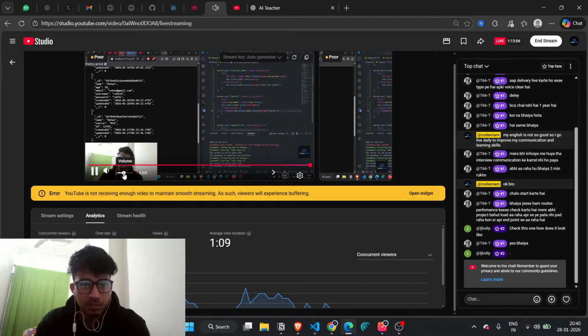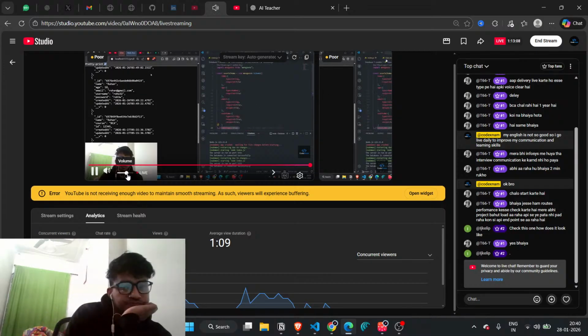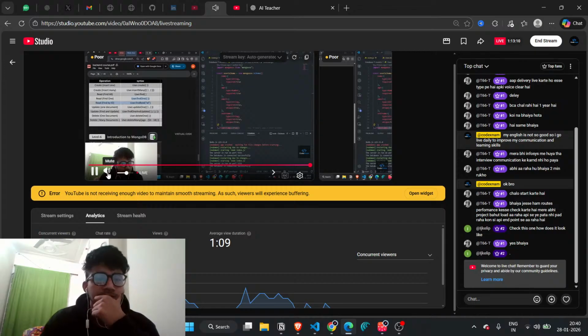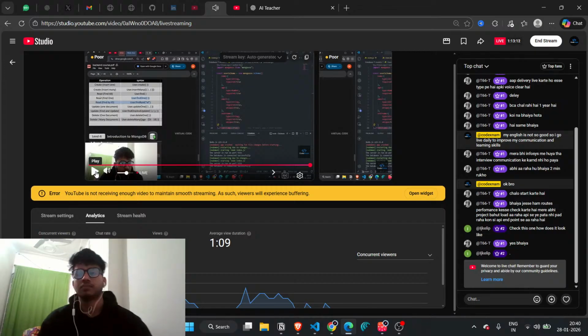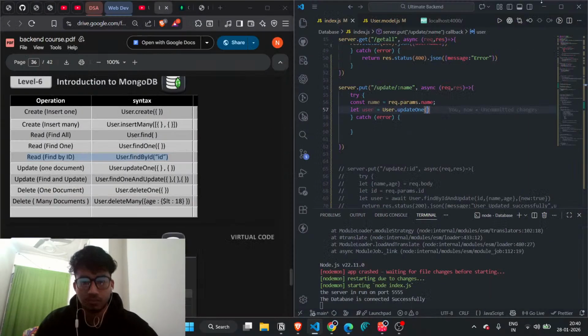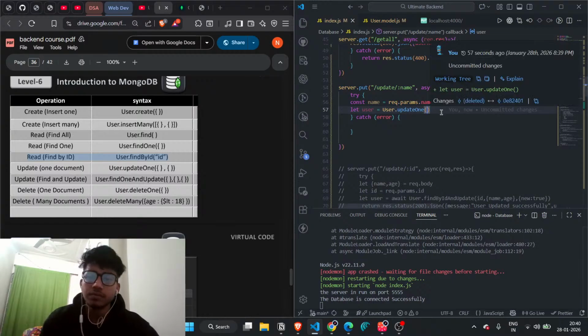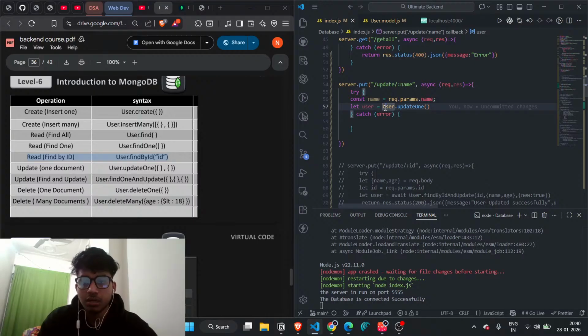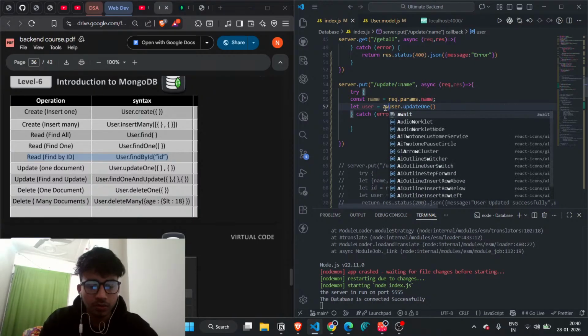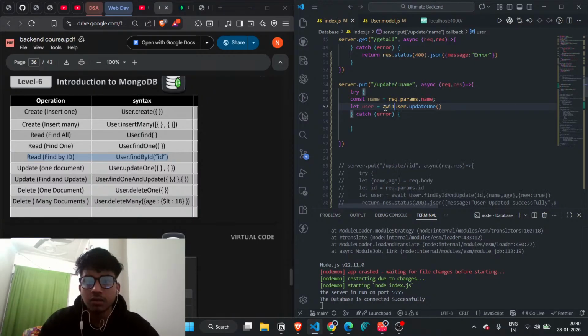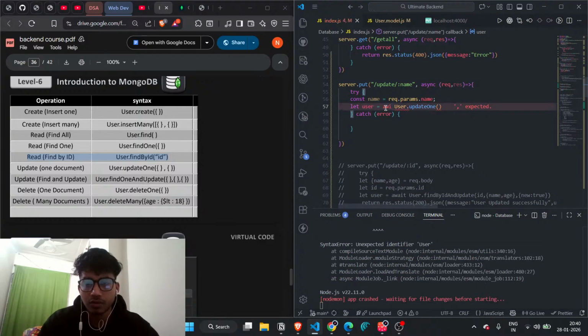all the data that will be stored in that particular user schema. And the next is findOne. Write the await because the response will take time. Await user dot